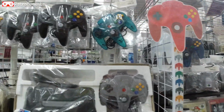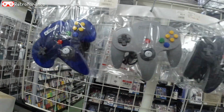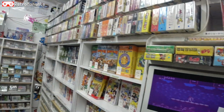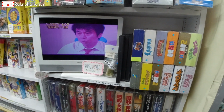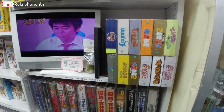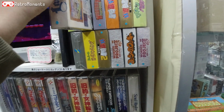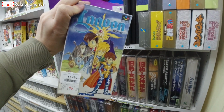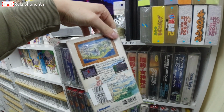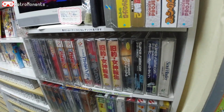You can get a complete in-box console for $64, and then we got some third-party controllers as well. They look a little funny. I don't know if they're any better than the regular ones actually. Yeah, but let's get into the Super Famicom here on the other side as well. We got Lagoon here, $14 complete. Totally a good price. One of the first RPG games I ever played, and I really liked that one,